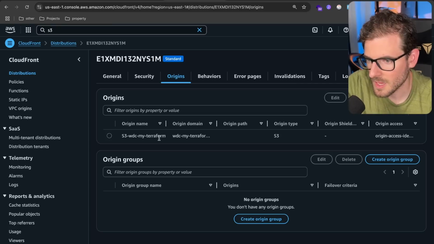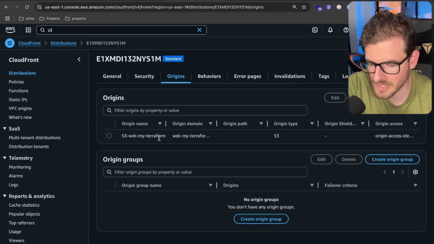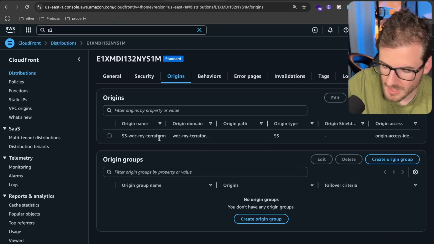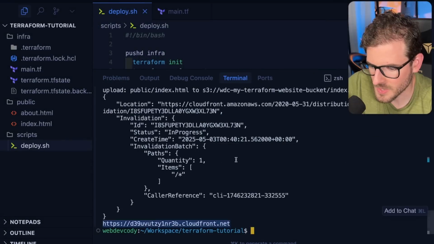So if you have Django or Rails or some type of traditional server-side rendered application, you can cache all of the endpoints of your app in CloudFront just to speed up your application and reduce the strain on your origin servers, which again, is another layer of protection in a sense. But yeah, now that we're done doing all this, and I hope you guys followed along,